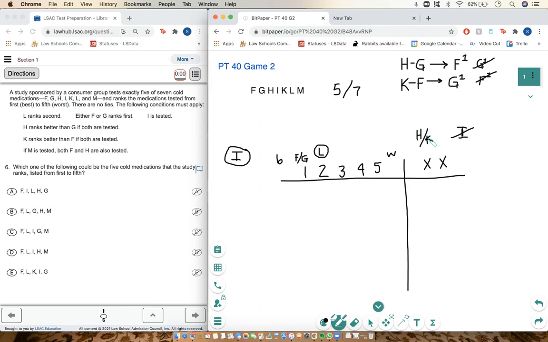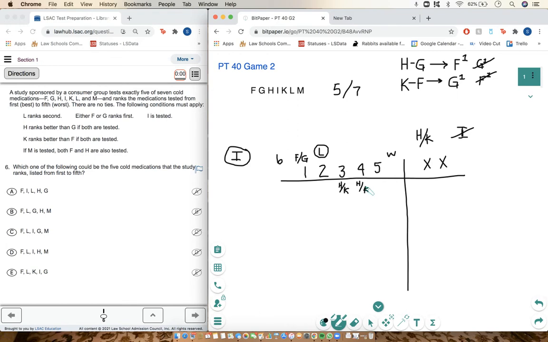And just to show you why, let's try putting H and K in, right? Can we put H or K in 1? No, because F or G has to go there. Can we put it in 2? No, L has to go there. So the earliest we can put H or K, right, is at 3. So if we have H or K, doesn't matter, in 3, and then the same thing for 4, right? H or K, the other one. If it shows up in 4, H slash K,